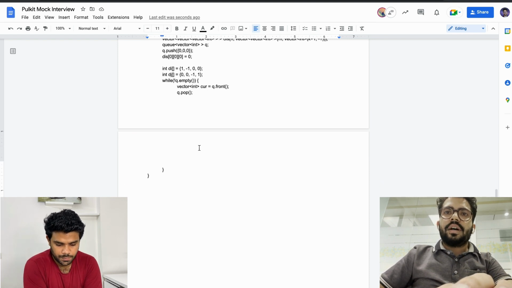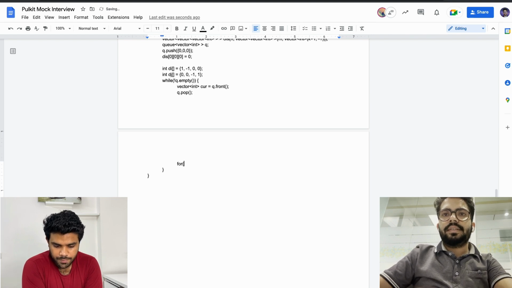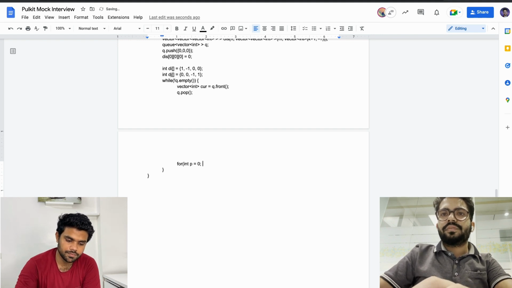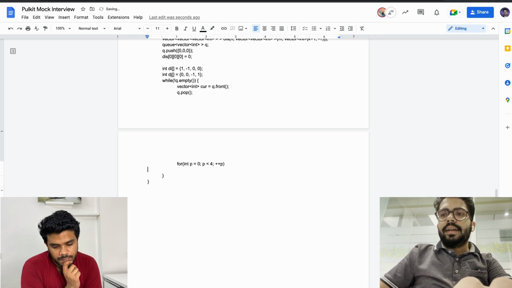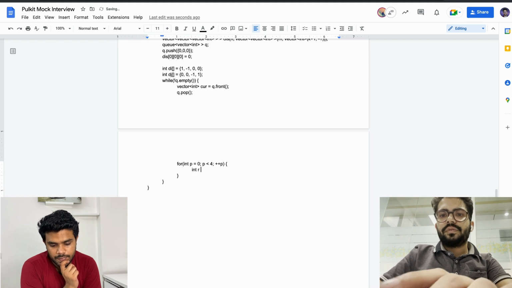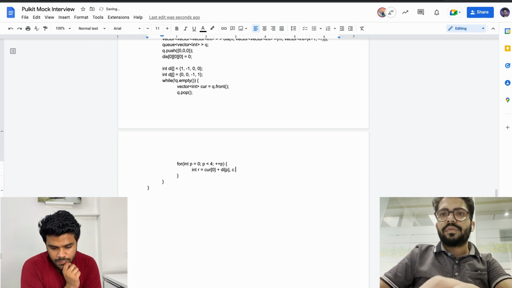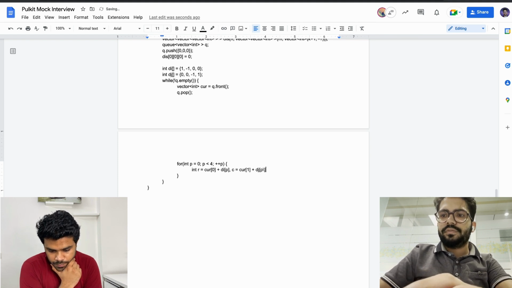Okay. So now I will be iterating on these 4 possibilities for int p equal to 0. P for possibility. P is less than 4, p plus plus. I know that the row I will be going to will be current of 0 plus di of p, and the column that I'll be going to will be current of 1 plus dj of p.